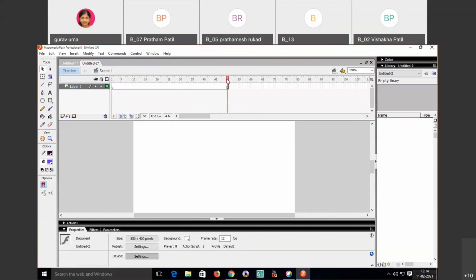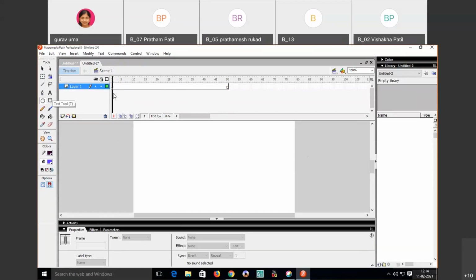Now this counter I will move to the first position. See here in the first position there is already a small circle. That means the first keyframe will be there itself. Now you can draw an object there. So by default, my first keyframe is at first position. See this, there is a circle.